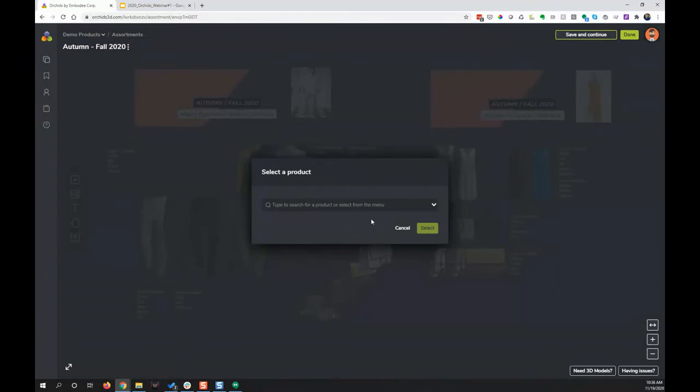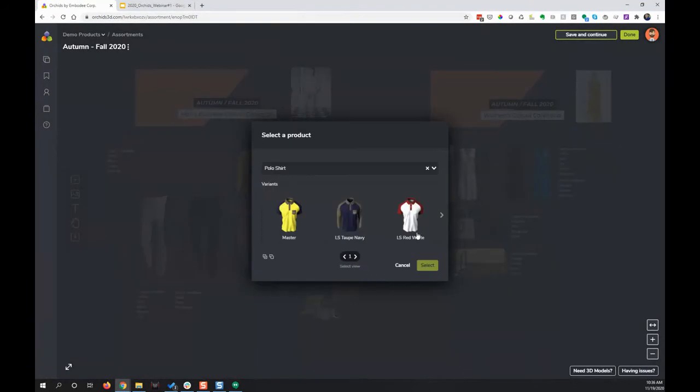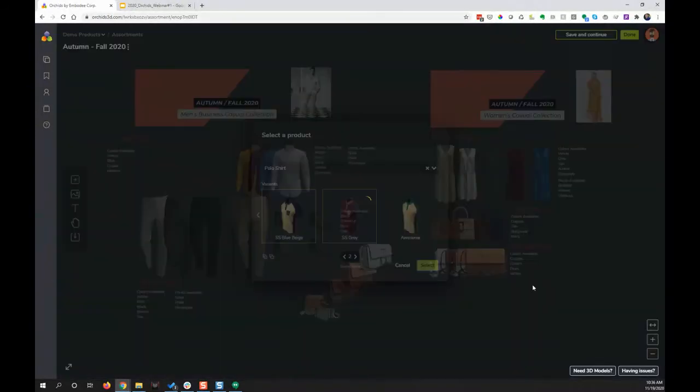By clicking the plus button, I'm going to come here and select that polo that he created, and he's created these variants for me. So here I can see a full breadth of the variants that are part of this product. I can select which ones I want. I kind of like this long sleeve option. I have a couple short sleeve options, a couple others, and I can actually pull from the list of different rotational imagery for this product. Let's say I like this angle. I'm going to select this, bring these all in.